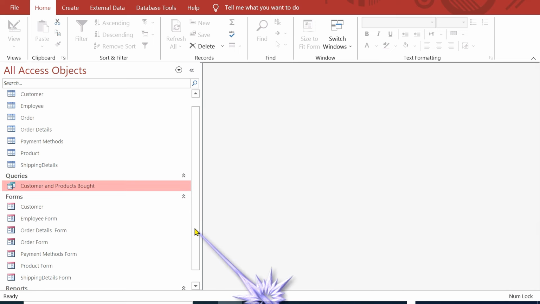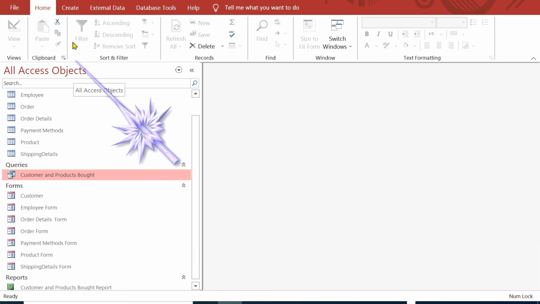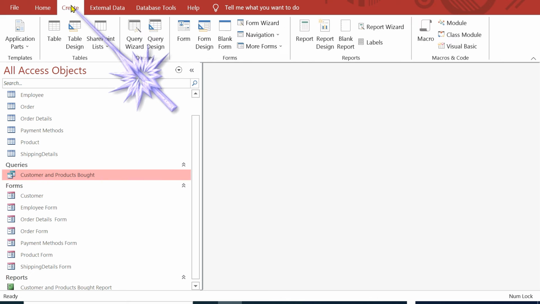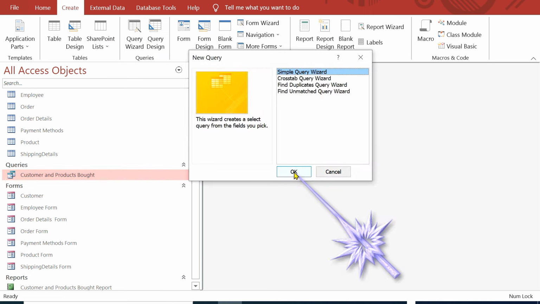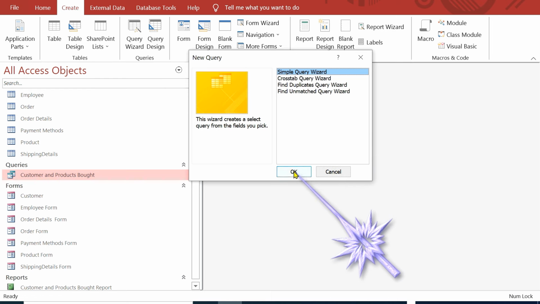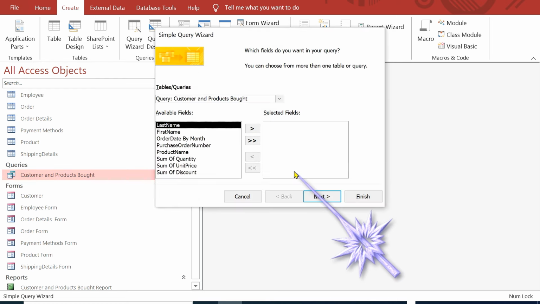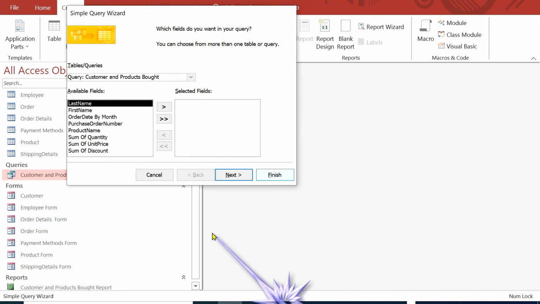There's my Access. That's the last one we did. Now let me take the query. You go to Create and click on Create. Then you go to Query Wizard, Simple Query Wizard. Click on OK. So where are our tables? If I come here